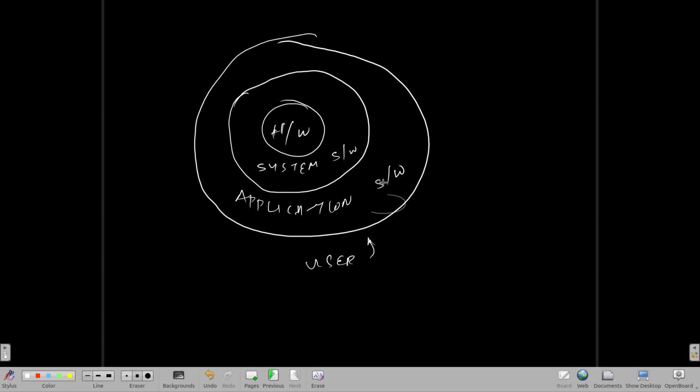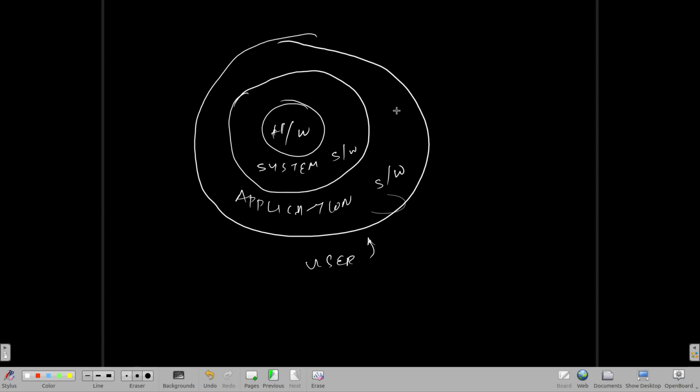For example, if you just have the Windows operating system, there is no purpose, right? If you want to browse the internet, you have to use some sort of browser, like Firefox, Google Chrome or Internet Explorer. If you want to make a note, you need Notepad++ or something like that. Likewise, if you want to play media content, you need VLC player, Windows Media Player, whatever. So for you to use the system software, you require application software,